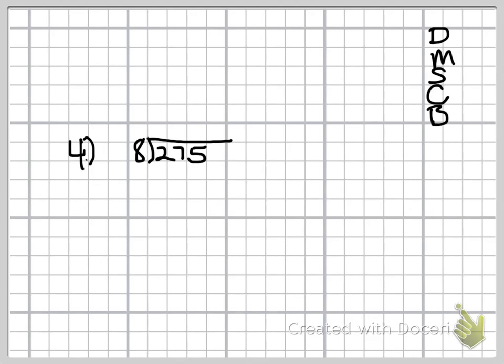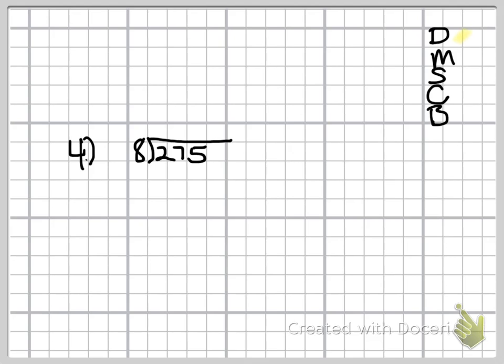Alright, we are dividing 275 by 8. This is problem number 4 in lesson 2.1 in our math books. And we just want to review how we do long division, just in case we've forgotten. I've written up over here